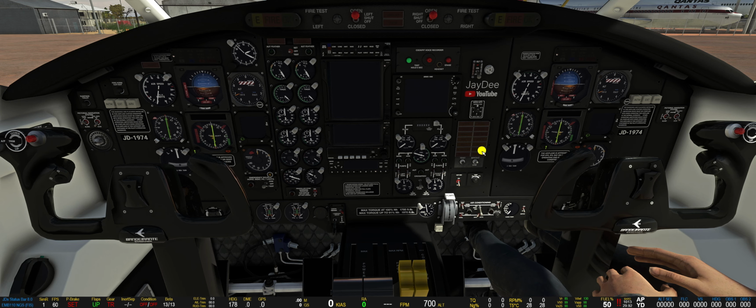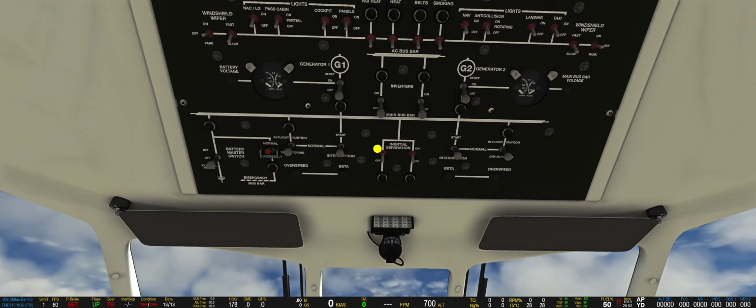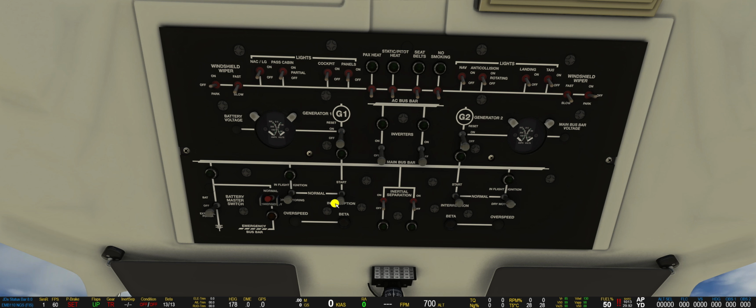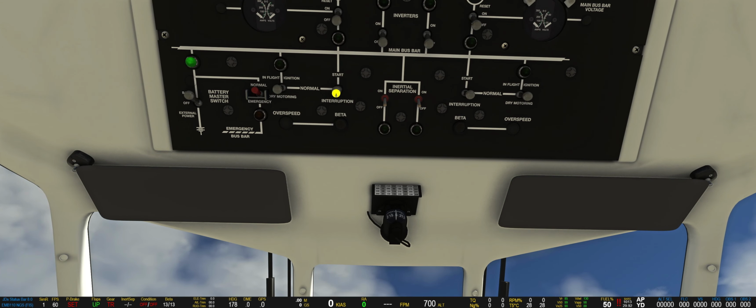In the overhead panel, I changed a lot. I changed the behavior of the starter, of the ignition, and of the inertial separator. I will switch on the power. And let's begin with the starting process. I changed the starter switch to a spring-loaded switch, so it has a middle position, and you can switch it momentarily to the up and low position. If you switch it up, you will engage the starter,